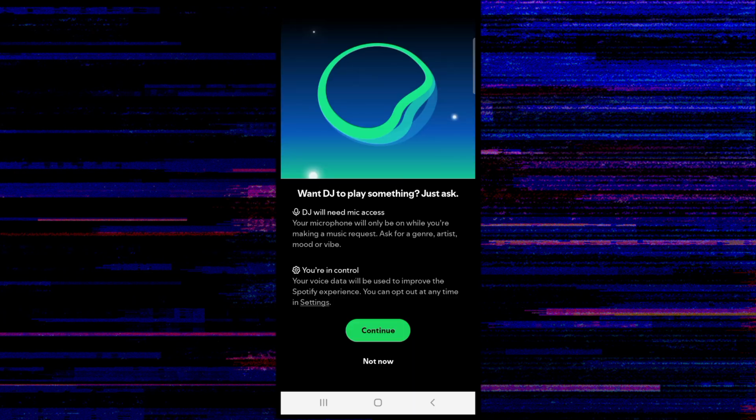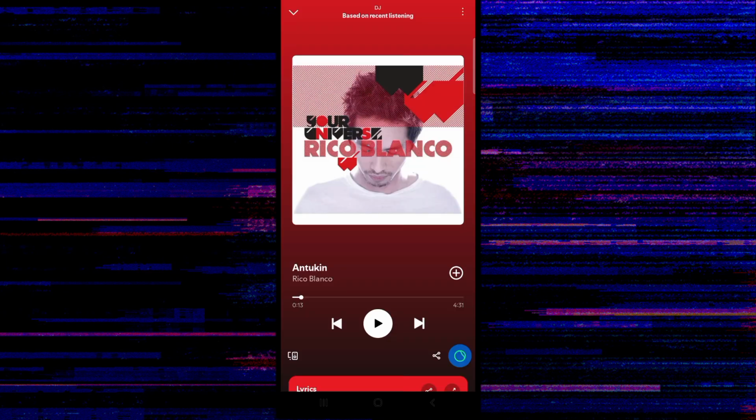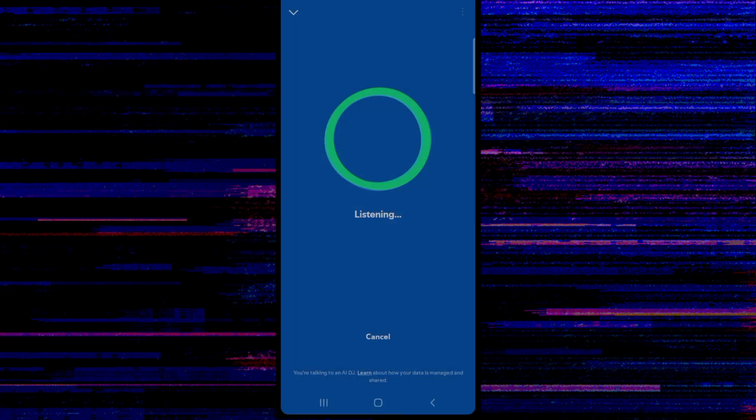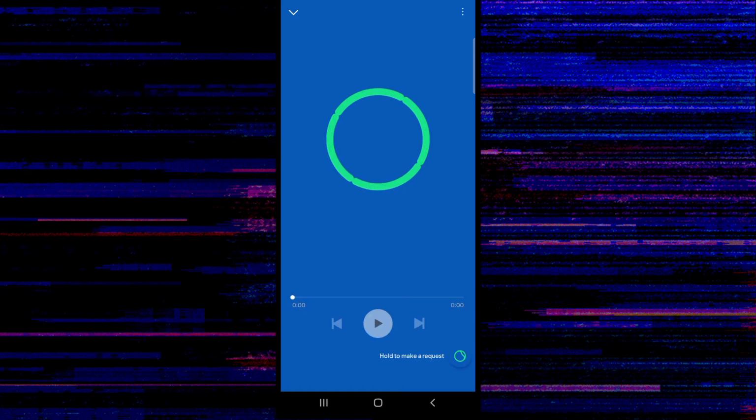So to use this, you have to allow the DJ to have access to your microphone. Then once you allow that, you just have to press continue, and then it will automatically ask permission. So from here you just have to wait for it and then just continue, and then from there you have now your DJ AI, and you can just scroll down so you can know how to use the DJ AI